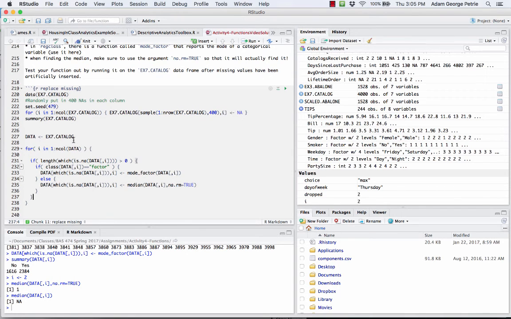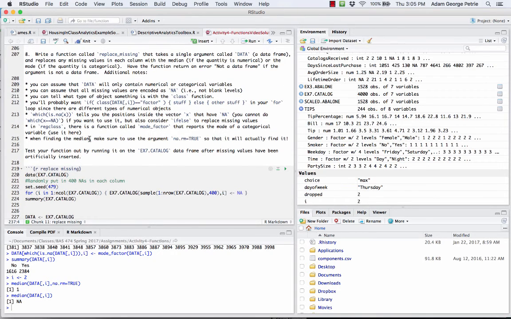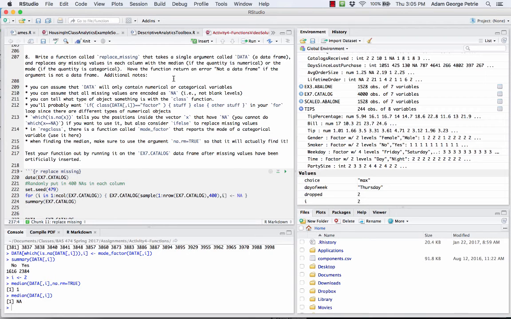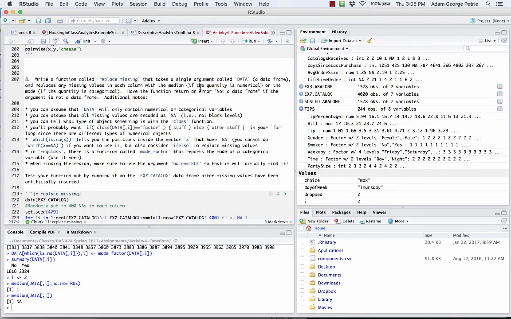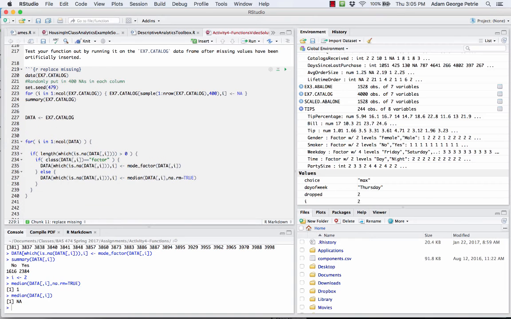All right, so I'm doing pretty well. I can go through each column of data and replace missing values with the mean or the mode when appropriate. What's the other thing the function is asking me to include? Well, it's asking me to include a stop function here that outputs an error if we didn't actually input a data frame. So even before I do this for loop right here, I need to check to see, can I even do this? So is this a data frame? So if the class of data, that'll tell us what type of object it is, is not a data frame,